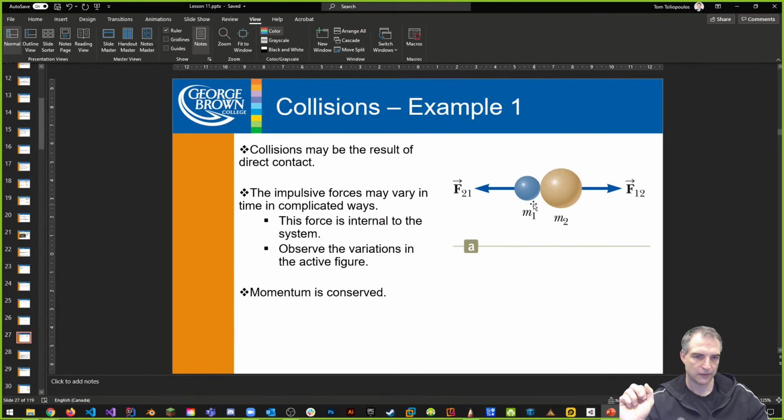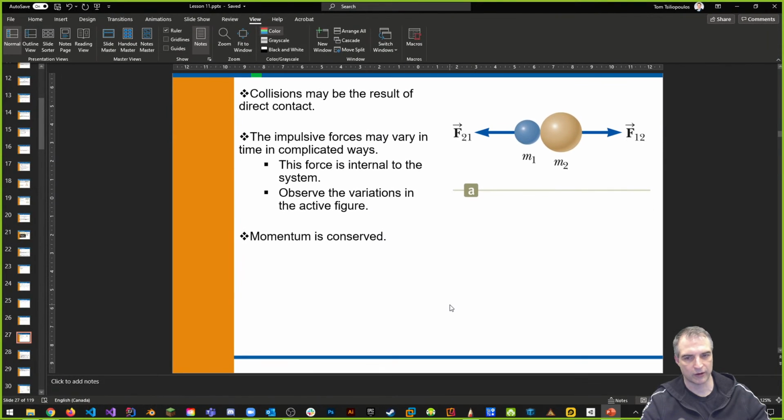Now here's something that's happening. I have an object, M1, and an object, M2. Sorry, it's the other way around. M1 is moving from 1 to 2, to the right. And M2 is moving from 2 to 1 in the left direction, right? So when we look at that, because M2 seems to be larger than M1, what can happen? Well, there are a couple of scenarios we're going to talk about here.